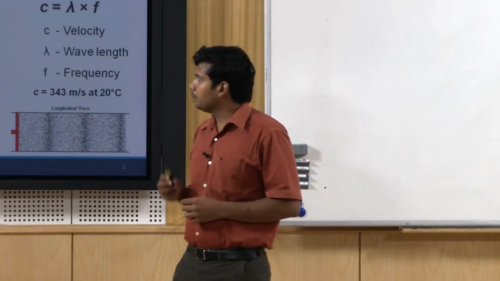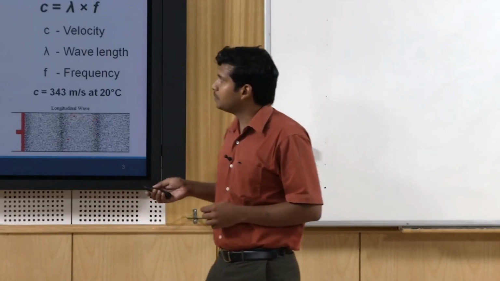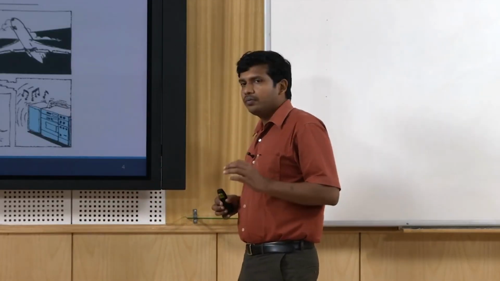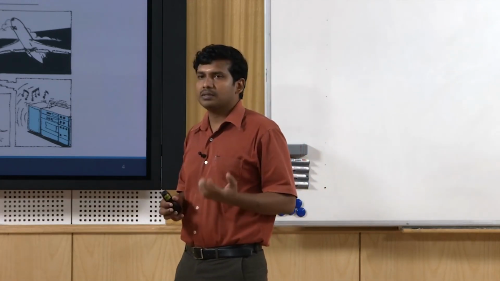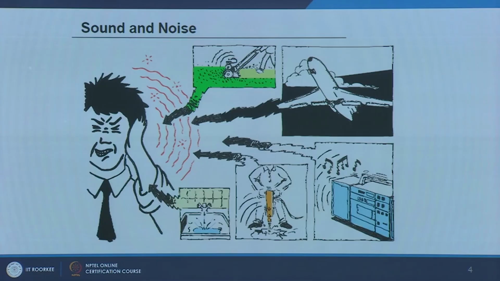So, three typical components are involved as far as sound is concerned. When this sound level exceeds a certain threshold value, we perceive it as noise. Typically it is unwanted or undesirable sound. One person's sound can be another person's noise. So, the threshold typically varies depending on the source, depending on the path and depending on the receiver,